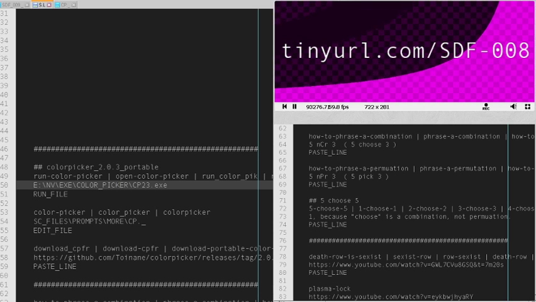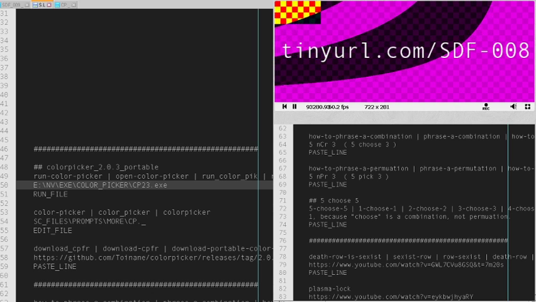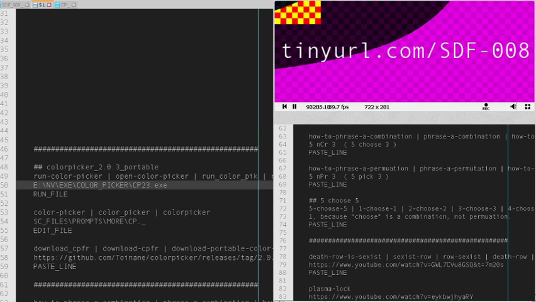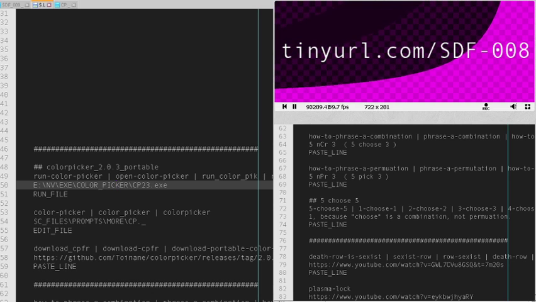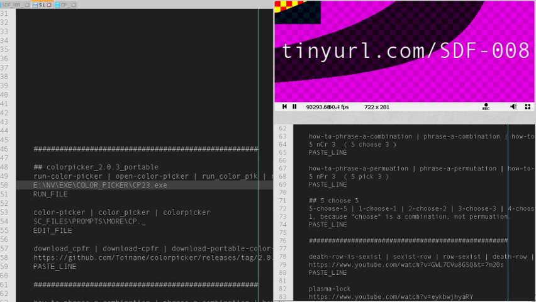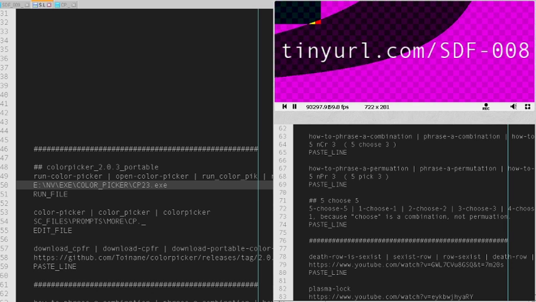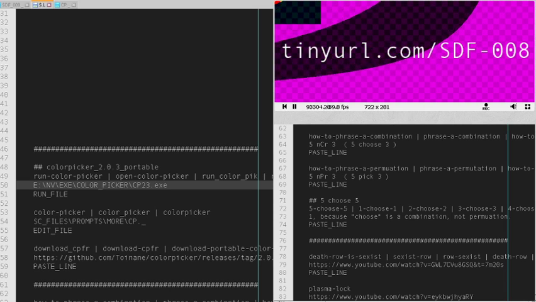We'll save it. And we've invested a decent chunk of time in recording this, so we're not hedging our bets, we're making a big bet here. We are assuming that this color picker is actually going to be decent, and it's going to do the job that we need it to do. But all we need is to be able to select from the screen and see the exact hex code of the color. Ideally, I would like to see more than just a hex code. I would like to see